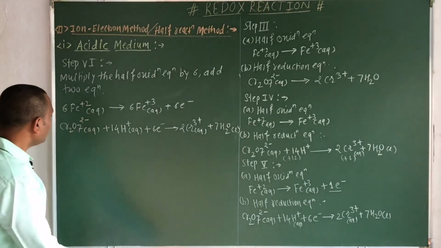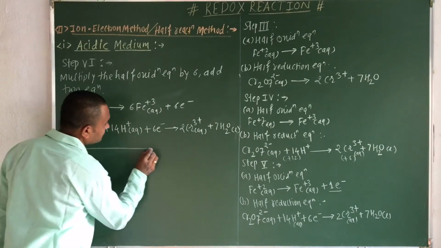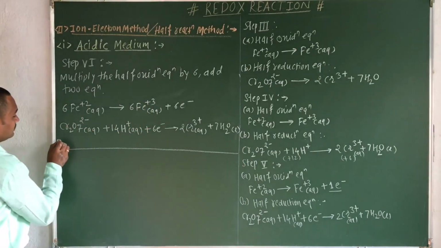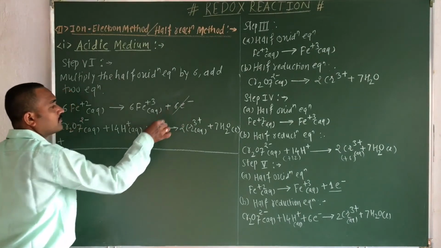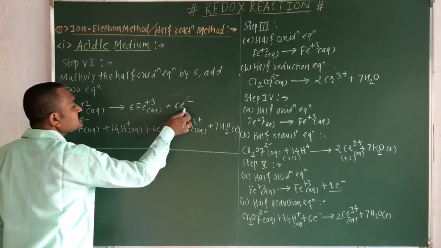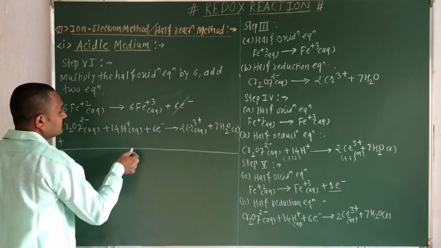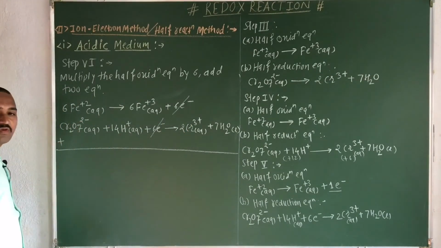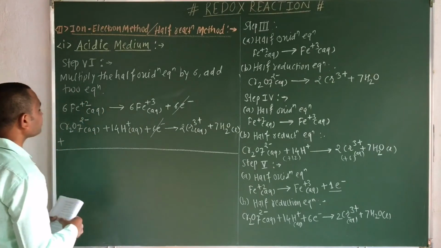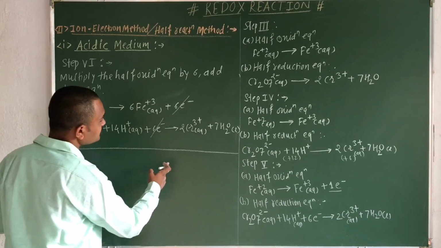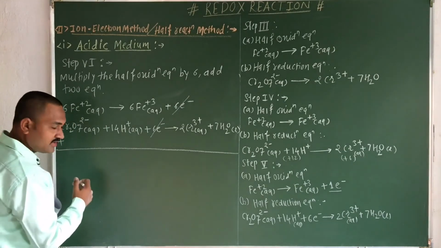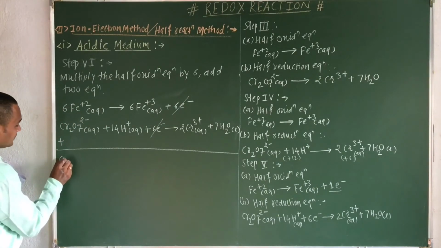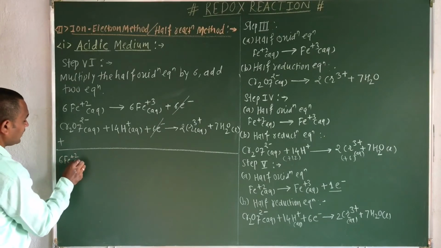Okay, and now we are going to add both these equations. Now we know that the 6 electrons from your right hand side will cancel out with the 6 electrons from the left hand side. So we are going to write the final equation now as 6 Fe plus 2 aqueous